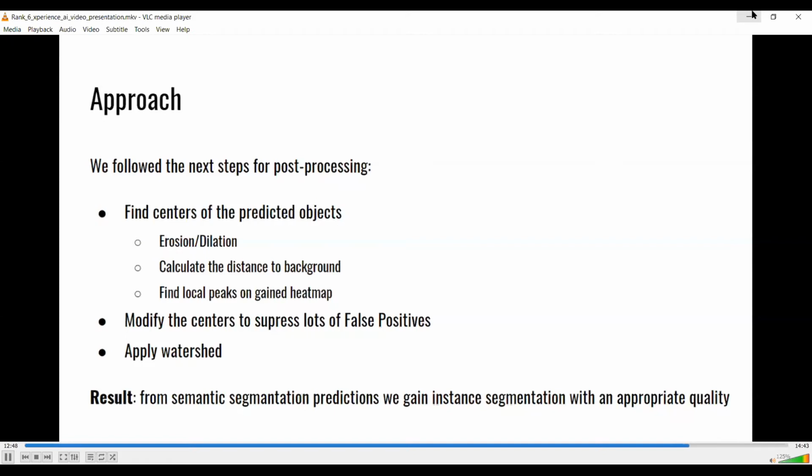However, if you try to use the centers as markers for watershed, you will face lots of false separations. The algorithm tends to consider a single cell, which is spatially elongated, as several ones, and splits them, which leads to low quality. In order to suppress it, we apply dilation with a cross-formed structuring element and make the centers larger. It improves the situation, but still there are a number of excessive splits, which can be seen on the next slide.